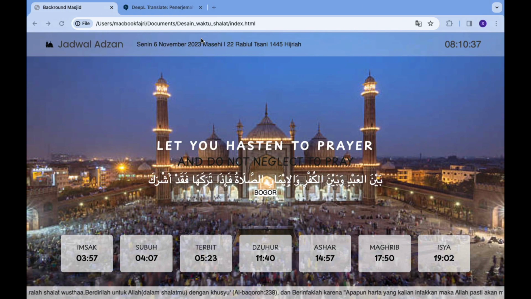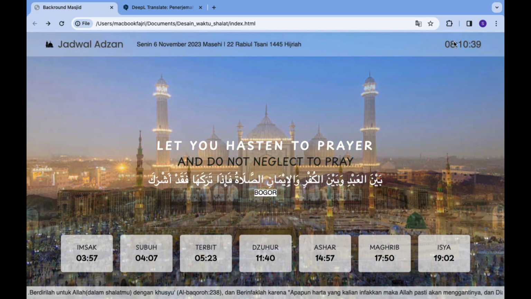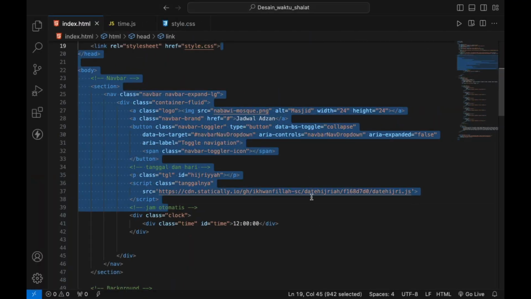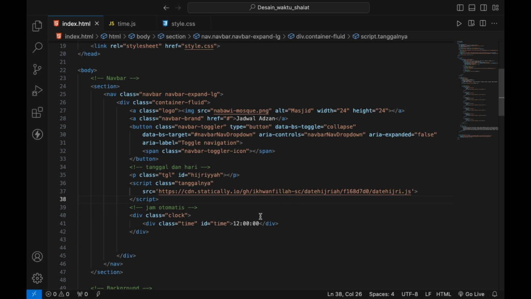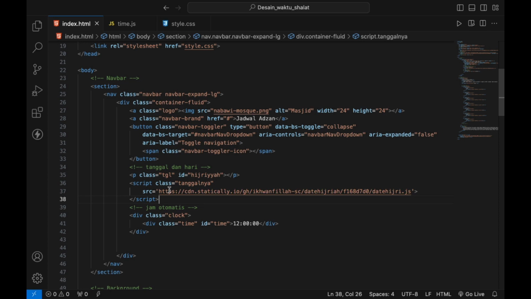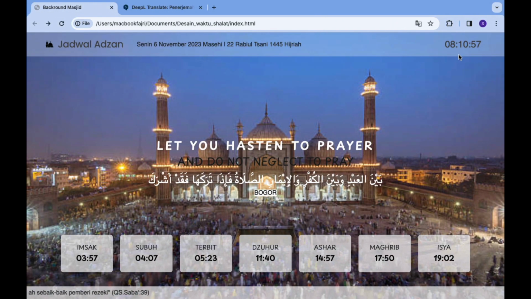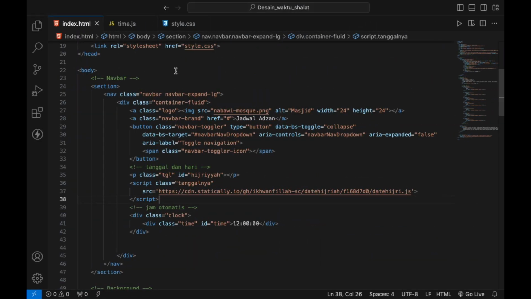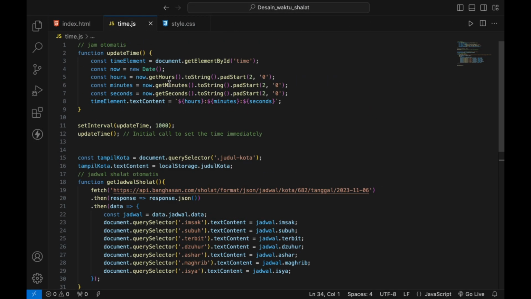And then for the time, I make this in HTML: div class clock, and div class time, and I make this in JavaScript.